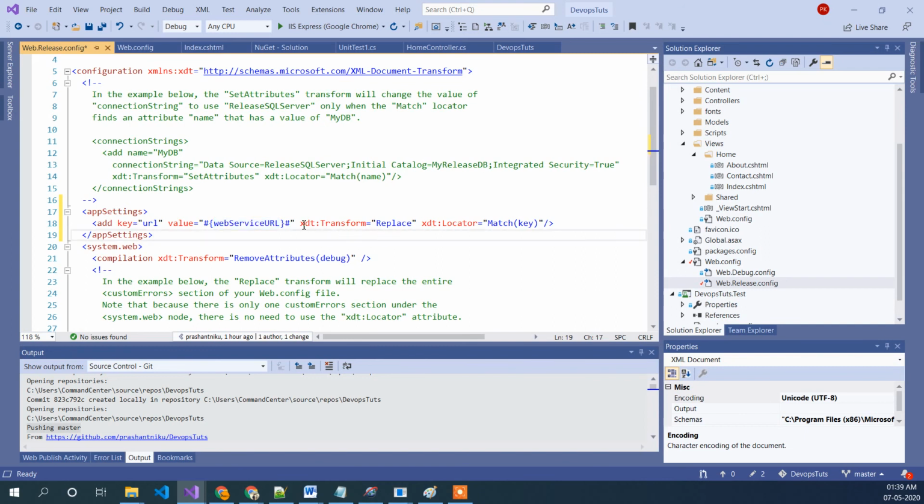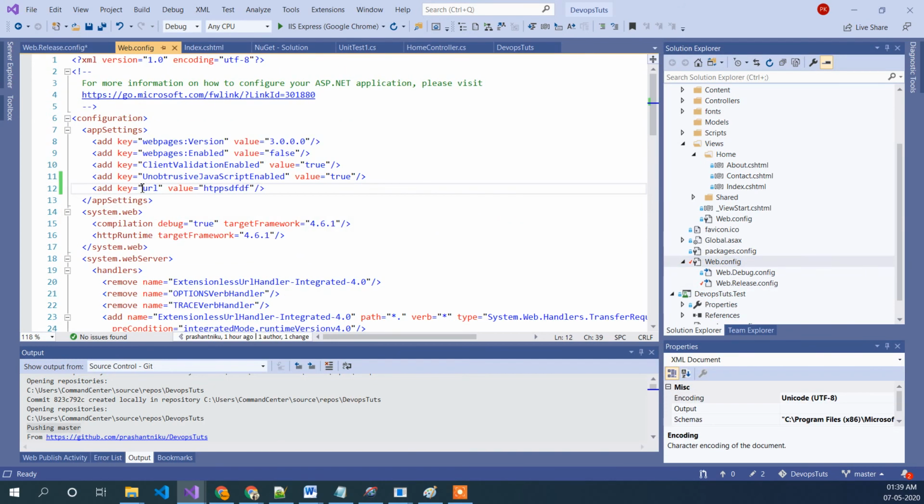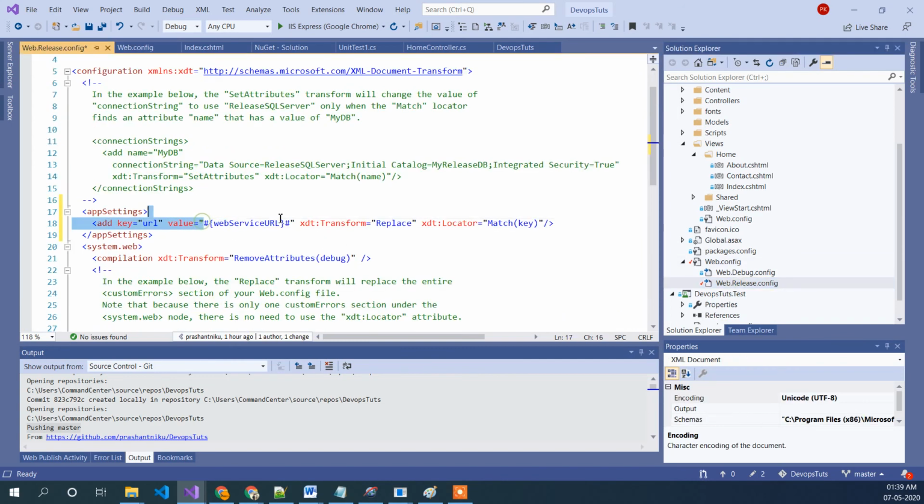So we are not using this key, we will be using this variable to replace it. And this is the transformation I am doing. You can search for the transformation to see what it does when we are building it. It's taking the configuration, which by default is release. So when it gets released, the URL keyword which we have defined inside this as HTTP something will be replaced with this value. So when we change it, it will replace that value with this one.